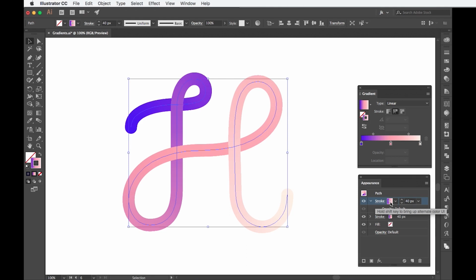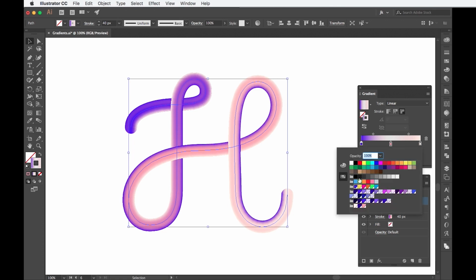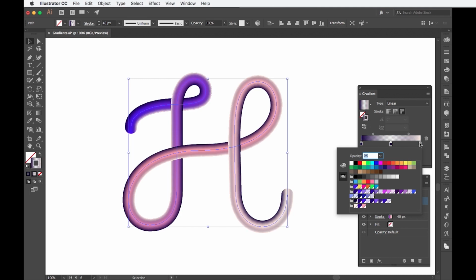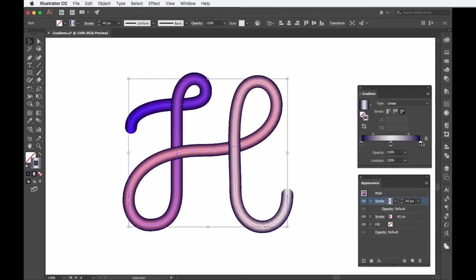Now select the top stroke and go to the Gradient panel. Here we need to apply gradient across stroke and set it up so it shades our stroke. For this we'll need 3 color stops. Set the opacity of the middle one to 0, and then go and play around with the colors of the color stops. The same as before, I prefer setting all of the color stops to the same color just to have the opacity gradient. But you can play around with the colors as it can allow you to create some